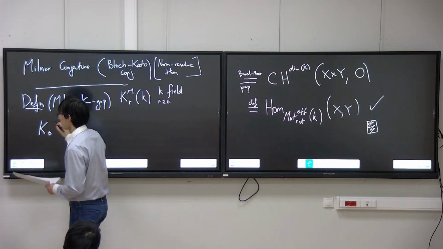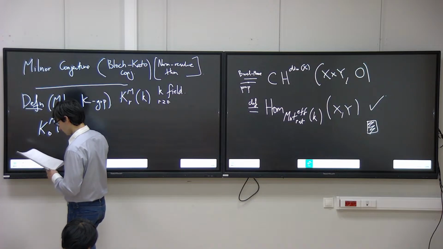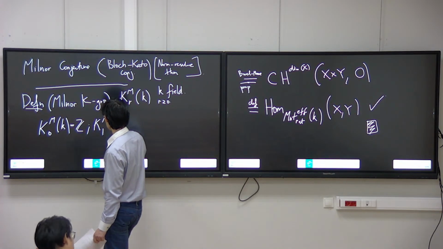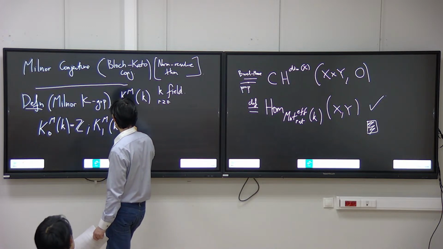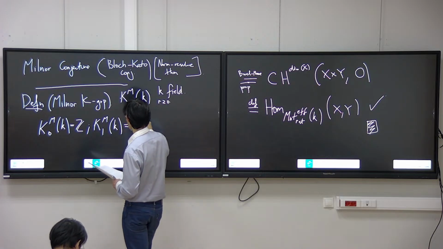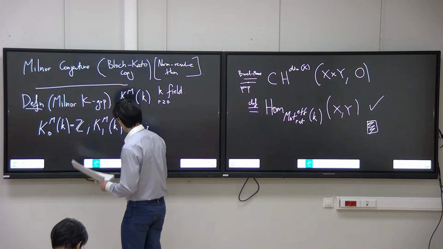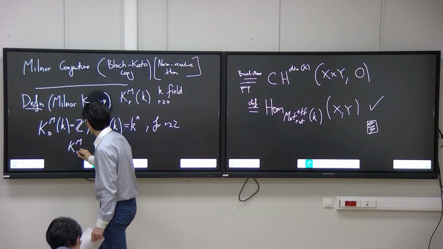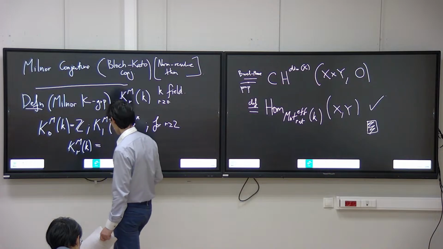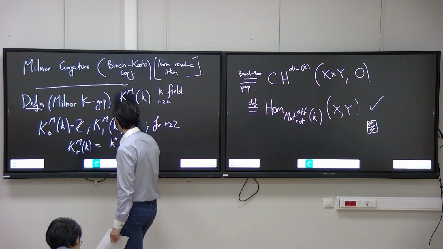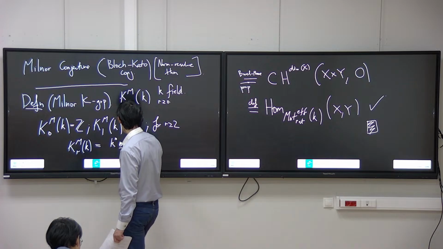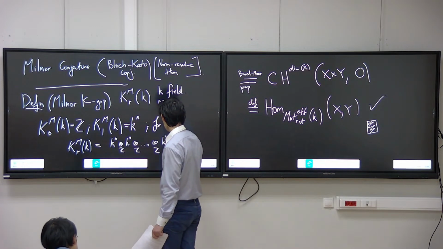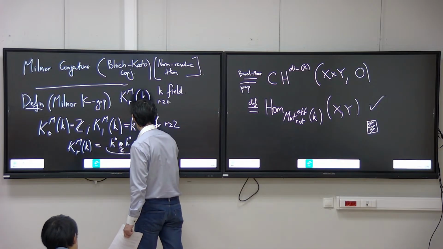So the definition is K_0^M(K) is equal to Z, K_1^M(K) is equal to K star, and for r greater or equal to 2, K_r^M(K) is the r-fold tensor product: the units of K tensored with the units r times,